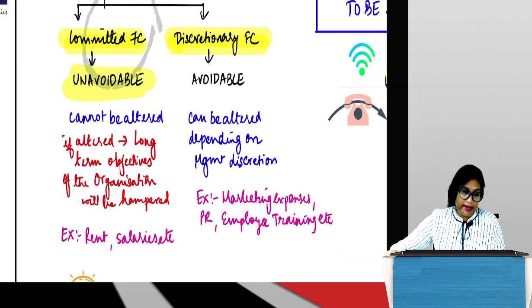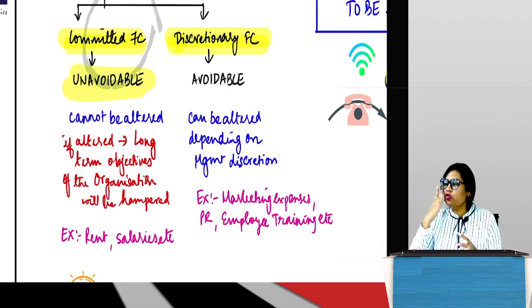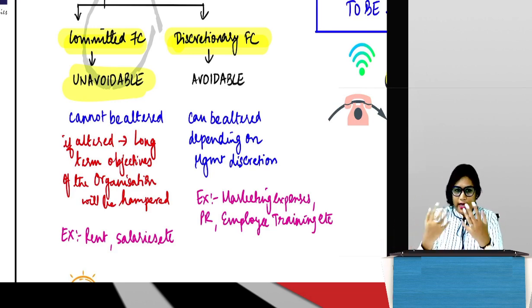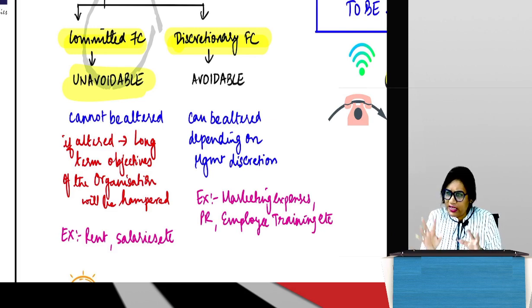What do you mean by committed fixed cost? Very simple, guys. I gave you an example where I was hiring this room and conducting classes. For an organization, what are fixed costs? Things like rent, salaries, all of these come under the definition of fixed costs because they are fixed. It doesn't matter how much you are producing. If you have hired an employee for 20,000 rupees, let's say, to do a particular job, irrespective of what you are producing, you have to pay that employee 20,000.